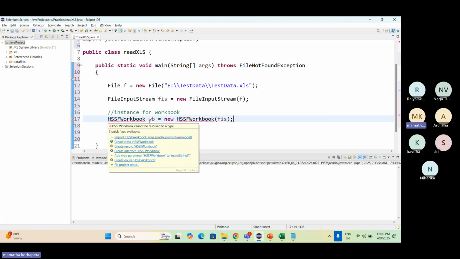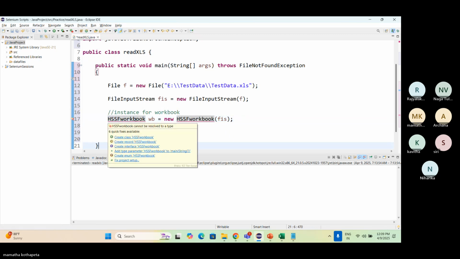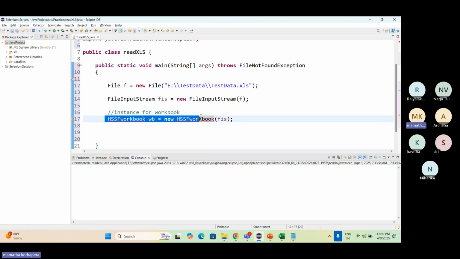Okay. Now let's say you typed W in small letter. You'll not find that particular package which needs to be imported. See here, you can't find this. Now you'll keep on trying. What is the issue here? You'll search in Google XYZ. So, please make sure you are properly following the capital and small letters for this particular